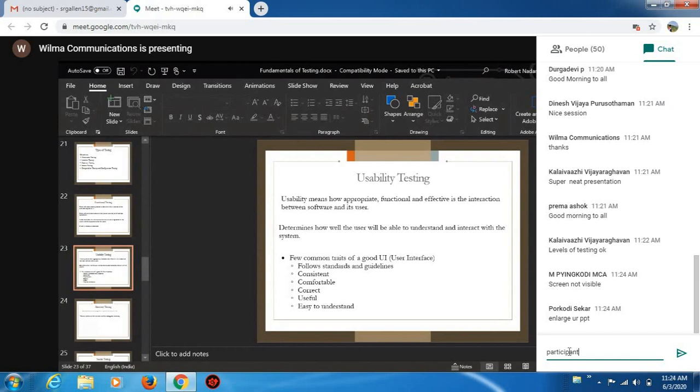Whatever features and concepts you implement in the product need to be easy to understand by any type of user. It's not like the product has been specially designed for particular people, so that only that category of people can use it and not other users. Then the usability will be reduced.